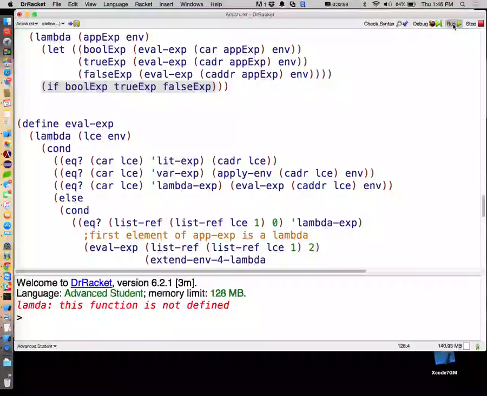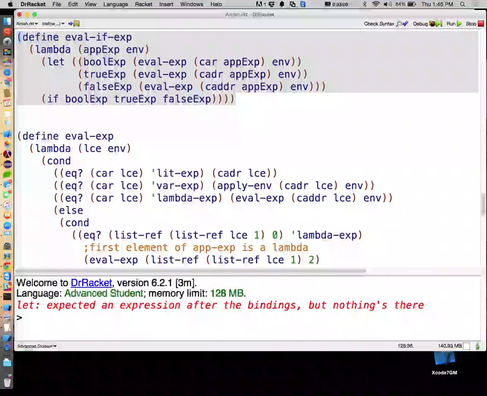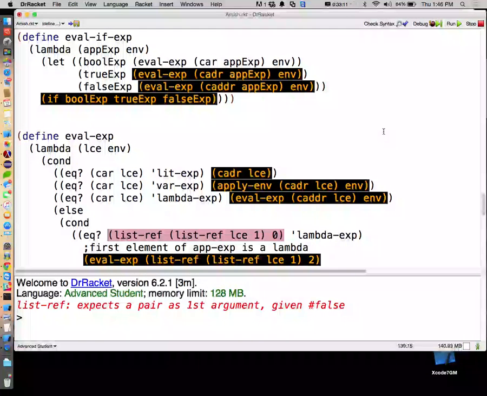All right. Oh, I closed my let. Oh, can't do that. Gotta close it here. All right, so if it was a lambda,